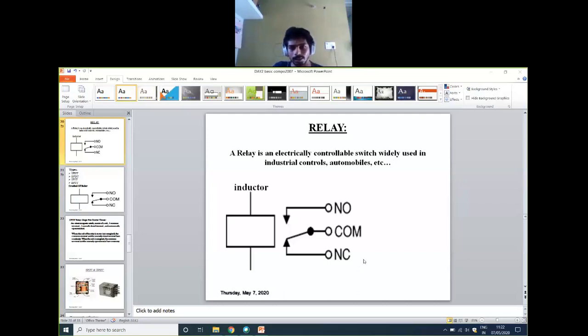So you need to understand the pin description first. This relay totally has 5 pins. The pins are named as NO, NC, and one inductor. The primary aim is we have to isolate low power from high power.